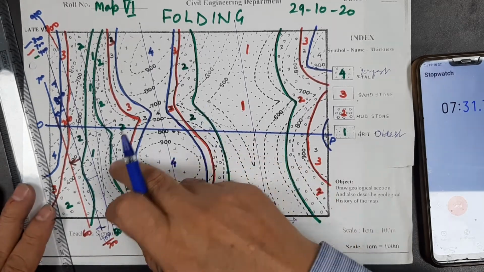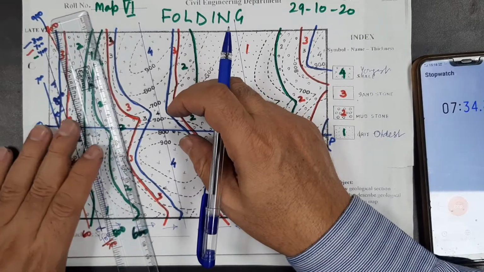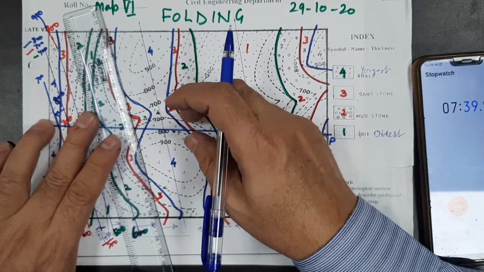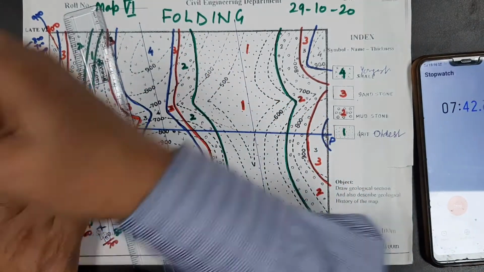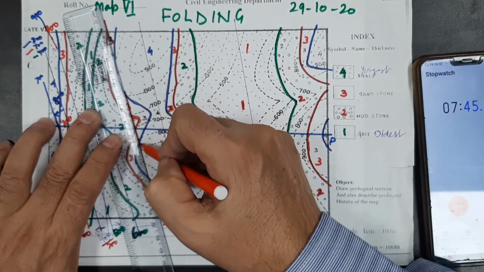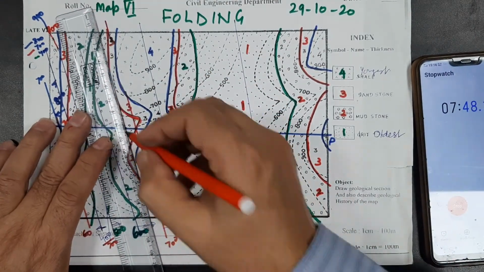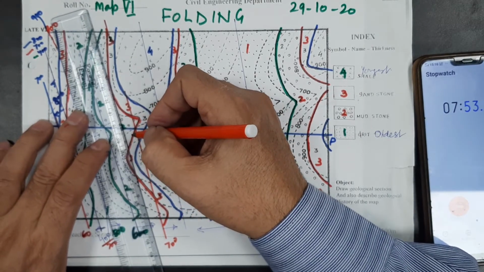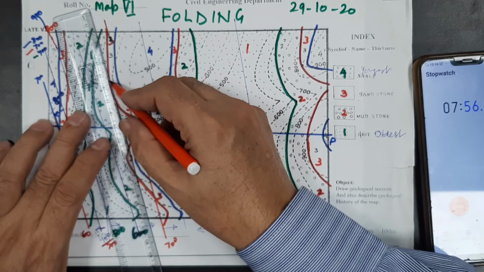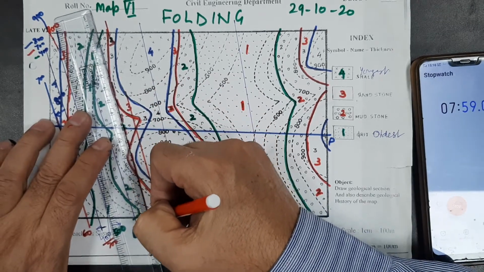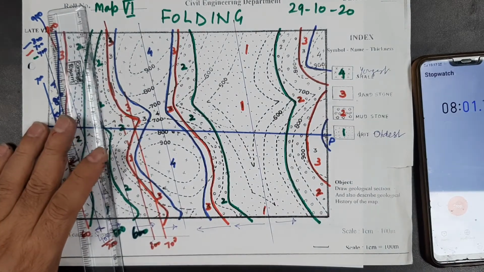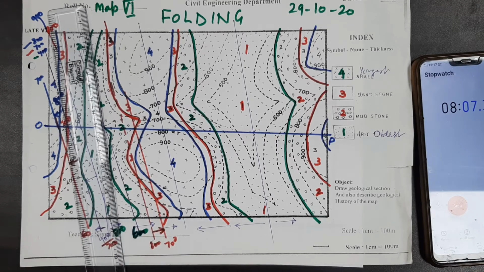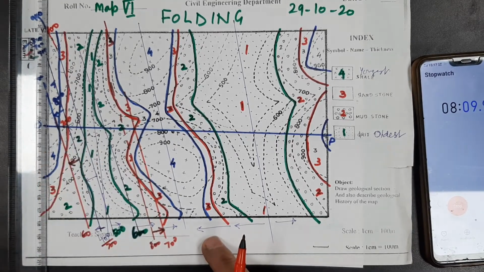I have drawn one strike line, but I am not getting two strike lines here. So I will leave this contact. I will go for the next contact where I have a strike line of 700. Here you can see, this is a strike line of 700. On the same contact we have a strike line of 800. Here we have two 800 contours cutting this red contact. So I have got two strike lines, and you can see the angle of dip has changed. Why? Because we have crossed the anticline.